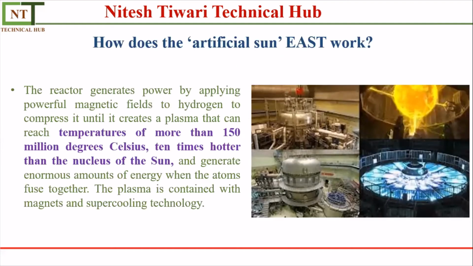So the next thing is how the artificial sun, or EAST, is going to work. The EAST tokamak device is designed to replicate the nuclear fusion process carried out by the sun and stars. Nuclear fusion is a process through which a high level of energy is produced without generating a large quantity of waste. Previously, energy was produced through nuclear fission, a process in which the nucleus of a heavy atom was split into